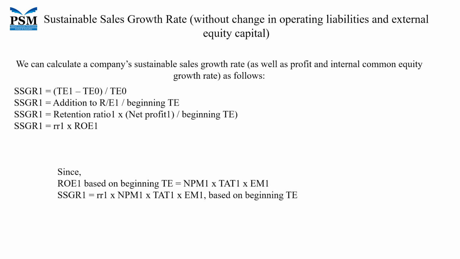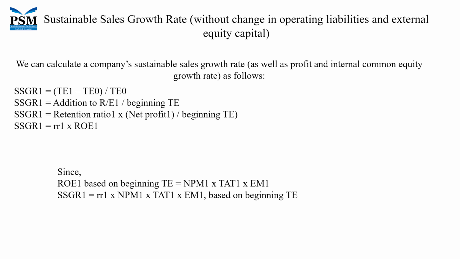We divide by the total equity of time 0, or last period. That is nothing but percentage change in equity. Total equity of the company changed because of paid up capital or new shares issued, or because of an increase in retained earnings. As you can see from the derivation of the formula,